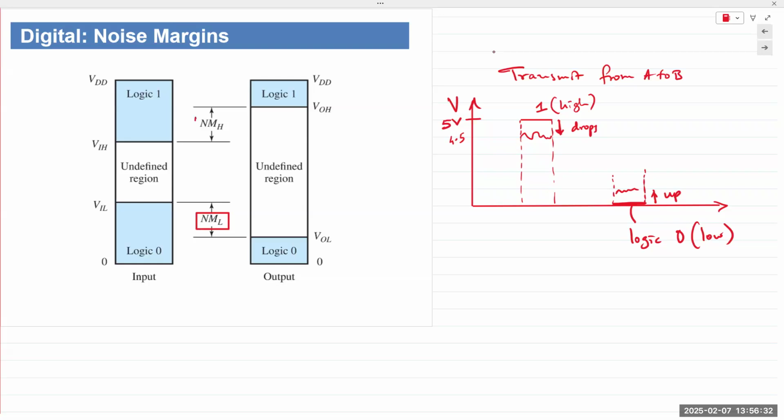NM, noise margin. For logic low, it is termed as noise margin L, NML. For logic high, it is labeled as NMH. Anywhere in the middle is the undefined region. We try to design systems so that it doesn't go into that undefined region, but it does happen in the